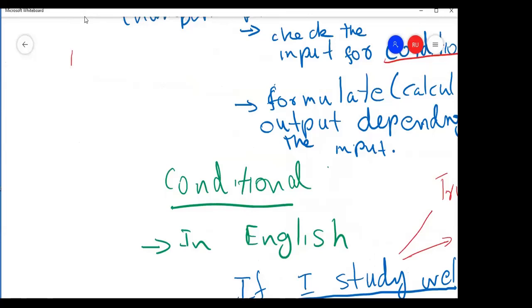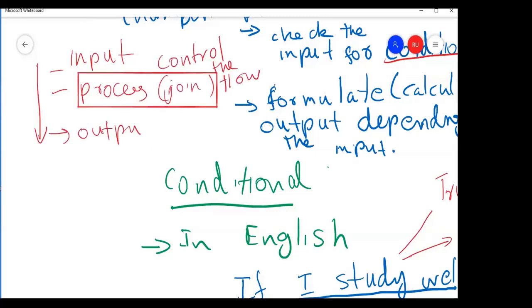You take the input and do some processing, it just joins numbers and then outputs. This is our flow. But we can change the flow, or we can control the flow of our program.